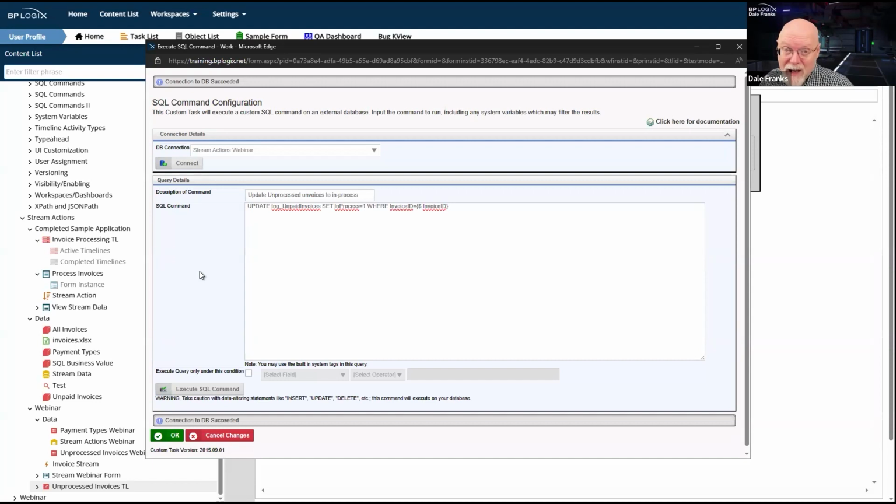Like I said, it's an extraordinarily bad idea because business values are universally available. So you want to be very careful with anything that updates data. You can select data and run select statements all you want, anywhere you want. But SQL command is the best place to put data manipulation stuff.